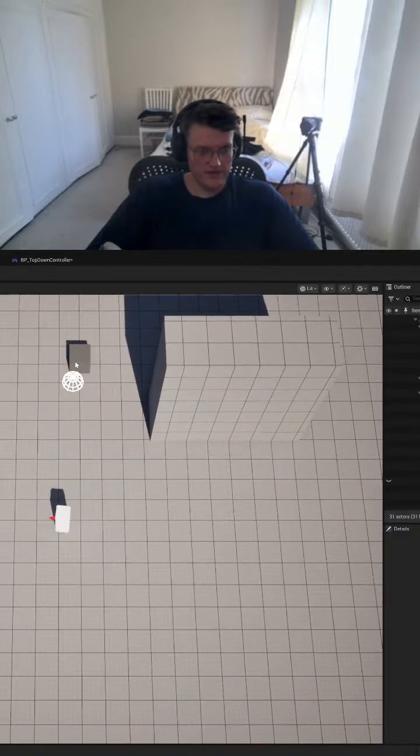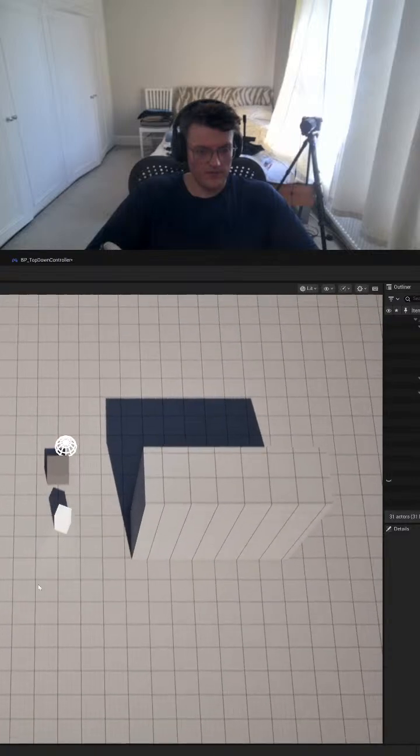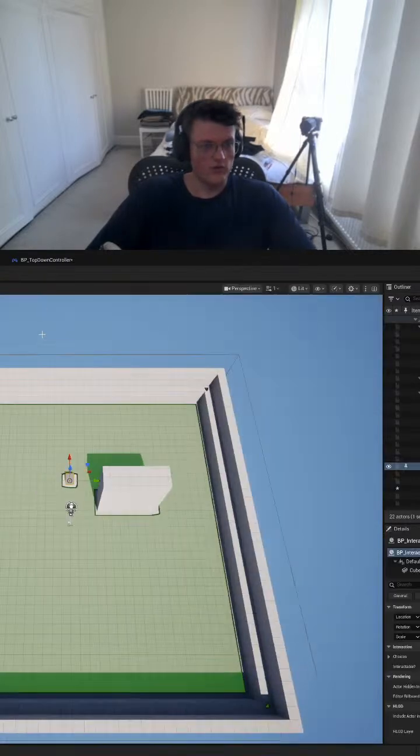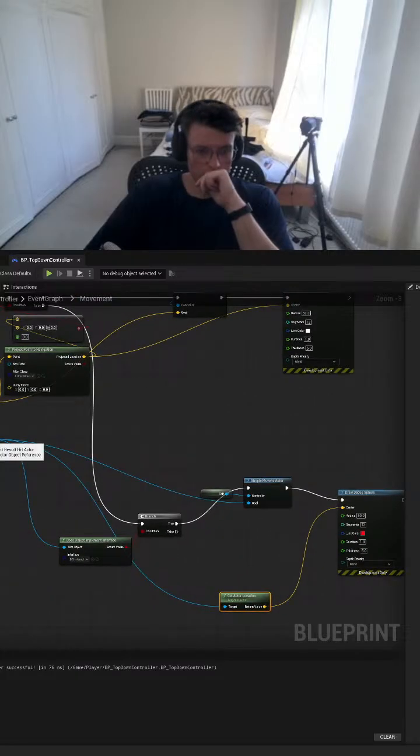So it is reading it as a BPI interactable, but it's not reading it as a place I can walk to. So what we're going to have to figure out is, like a